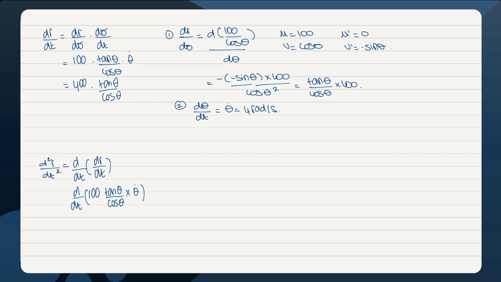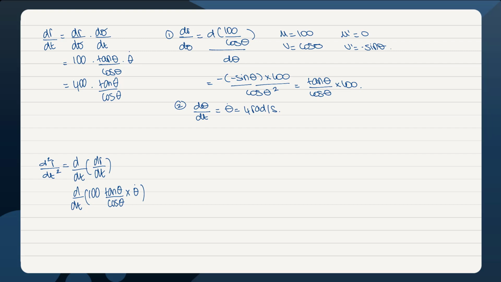Remember, whenever you're taking the derivative with respect to a specific variable, you should always keep the variable and all its derivatives in their general form. So you should not replace them with the actual value you attributed to them. So here, for instance, we know that theta dot is equal to 4. So one might replace theta dot with 4, but that's wrong. You should always keep all the variables as variables, because you would need to take their derivatives later on. So here we keep the value of dr over dt as 100 times tan theta divided by cosine theta times theta dot. And now we're asked to find the derivative of that expression with